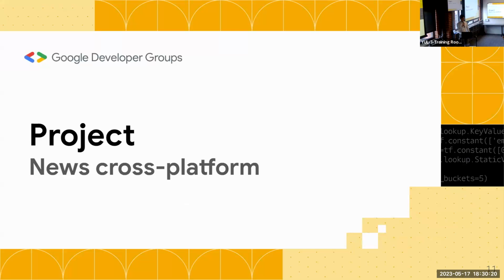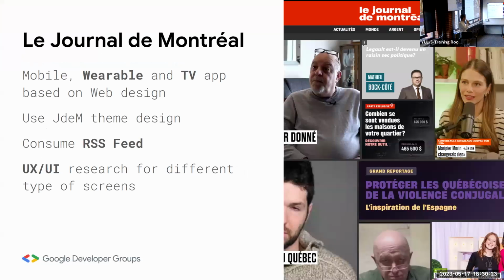So the project I made, I started the 1st of May, when I knew that I'm going to do the event. So we're in Montreal, so I based this project on Le Journal de Montréal. Based on the website, I tried to make it on a mobile, on the TV, and then on the watch. So I tried to use the Journal de Montréal design, the red bar, the font, the square thing, the white, and stuff.